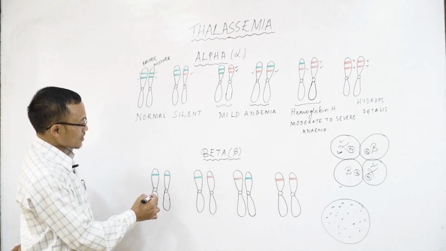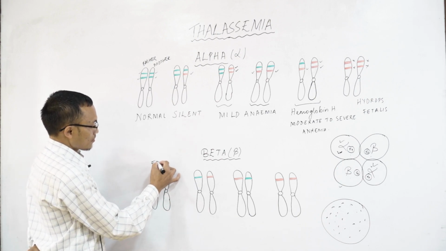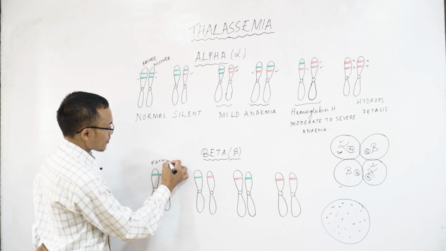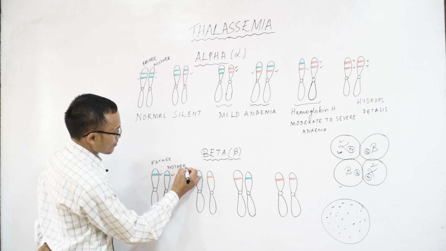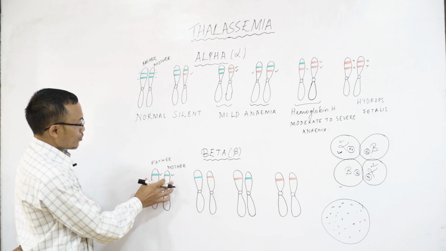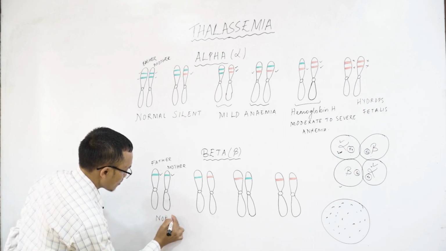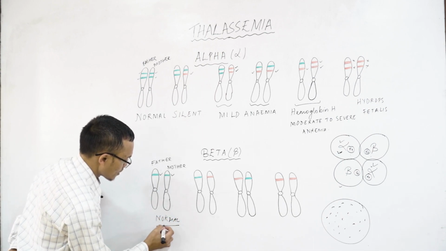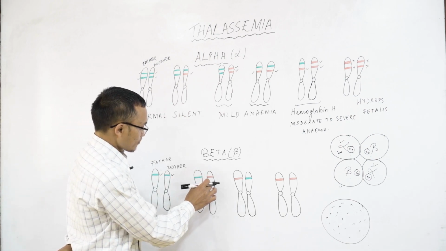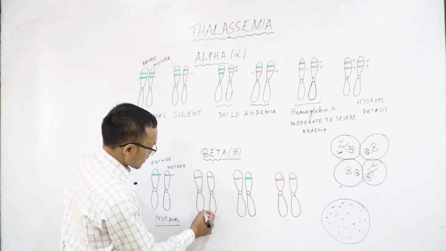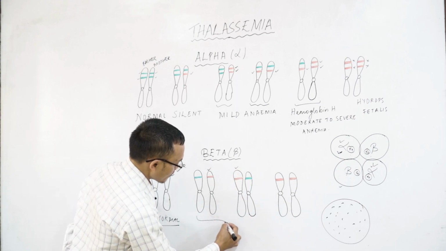Now in this case, the difference is that there are only 2 genes, that is one on the chromosome coming from the father and one on the chromosome coming from the mother. So if both of these are normal, that gives rise to a normal individual. If a mutation happens in one of them, either on the one from the mother or the one from the father, this will give rise to a